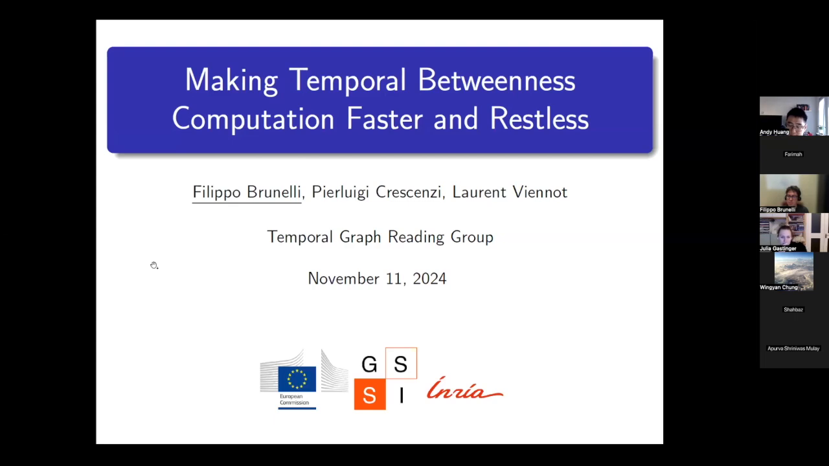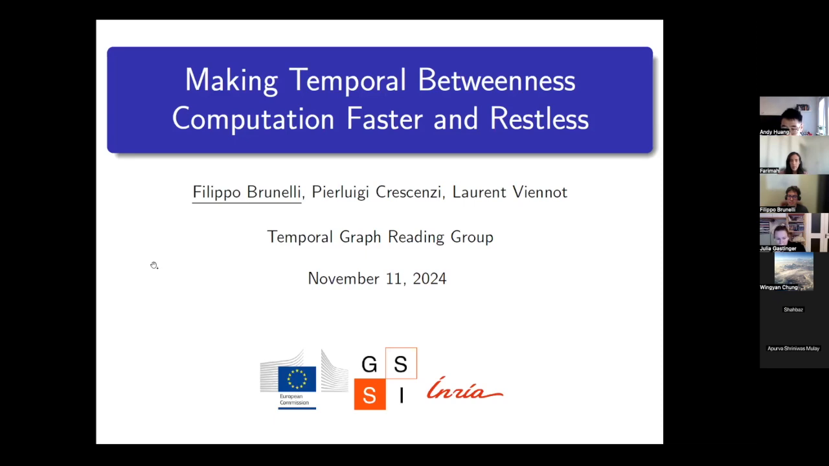Filippo is a scientific officer at the Joint Research Center of the European Commission. His current work revolves around quantitative and qualitative analysis of multimodal transport networks to support European transport policies aiming at enhancing accessibility and reducing externalities. And he obtained his PhD from INRIA while being hosted at IRIF in Paris under the supervision of